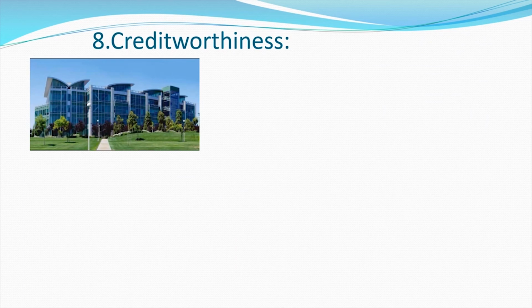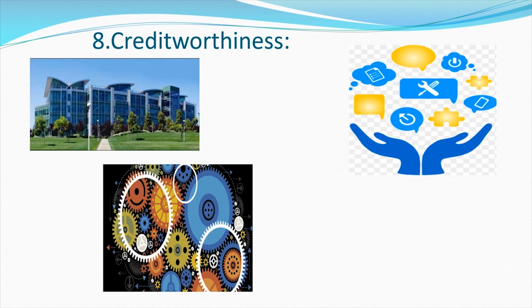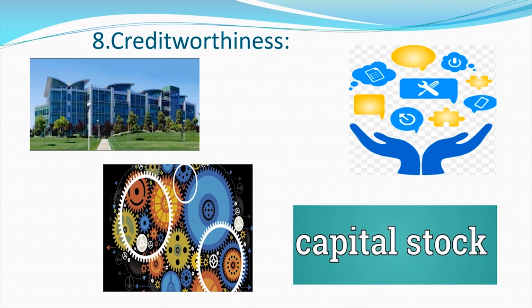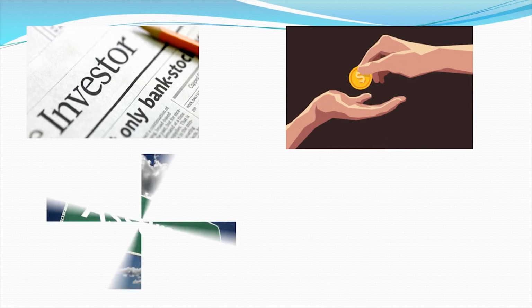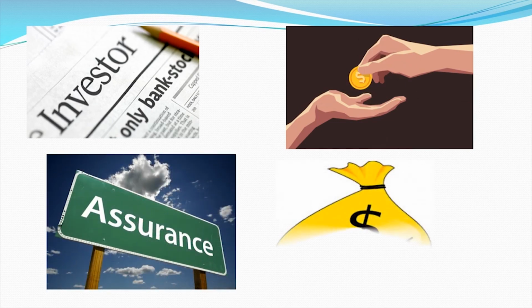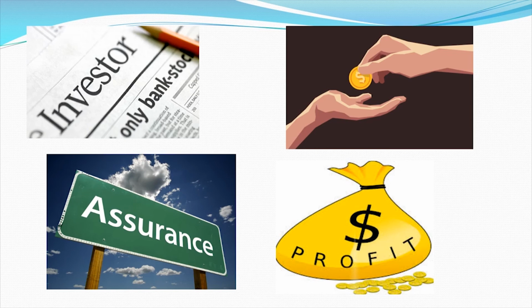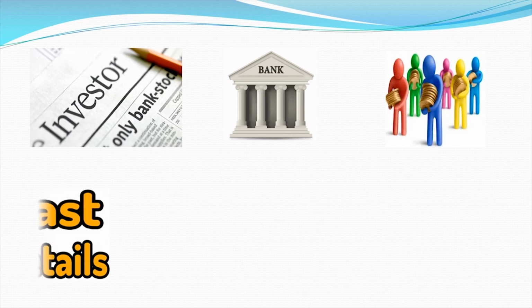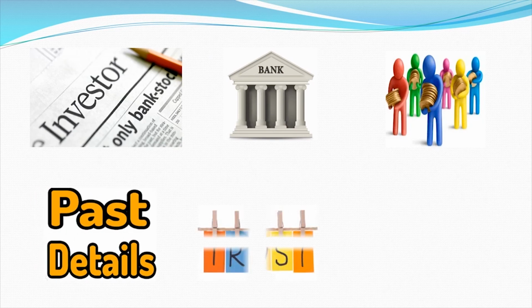And the last advantage is creditworthiness. Firms need resources for their functioning. They do not have any capital stock at hand and need to obtain them from investors. Investors will give money to the firm only if they have reasonable assurance that the firm will be able to generate enough profit. Past accounting records help a great deal in providing this. All kinds of investors, from banks to shareholders, ask for past accounting details before they trust the management with their money.